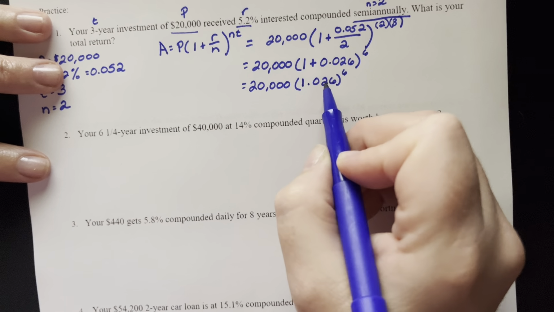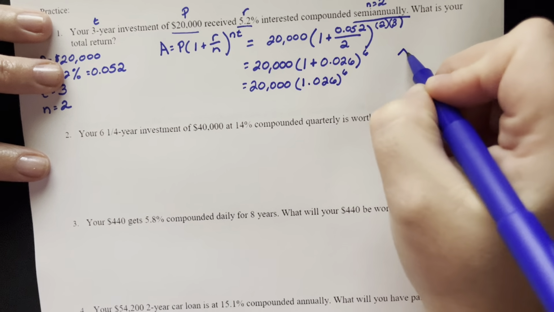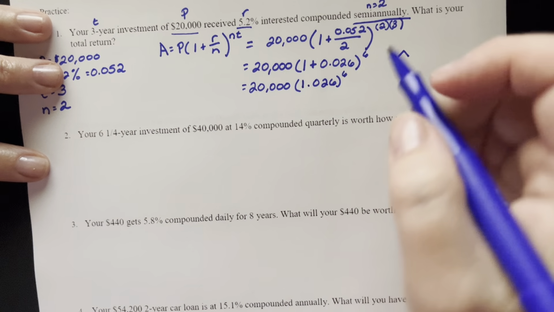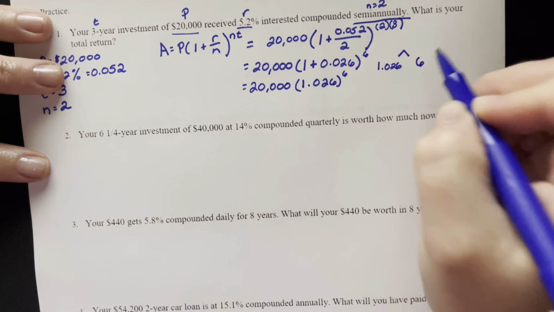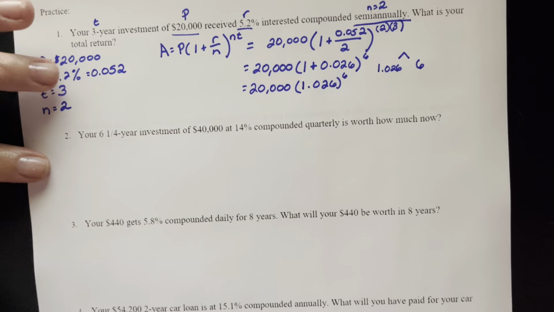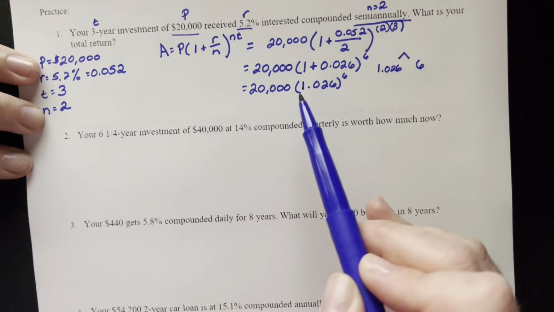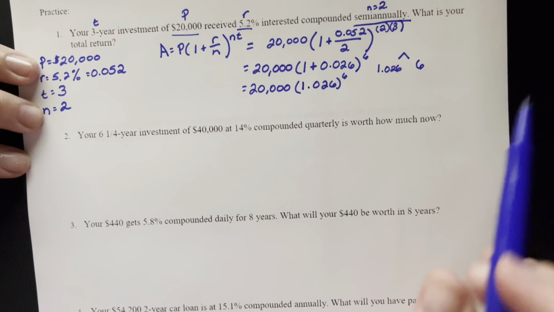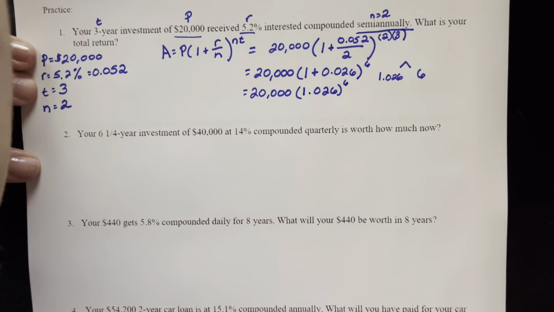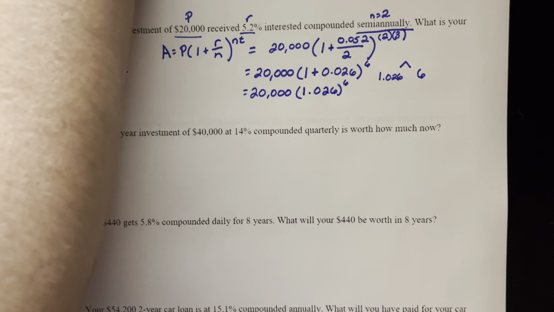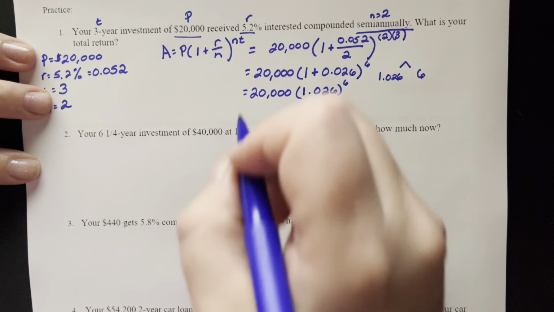And now we need to do this exponential form first. So in your calculator, you should have a little sign that looks like a caret. So what you're going to type in is 1.026 caret 6. If you can't find the caret, you could do 1.026 times 1.026 6 times, and you'll get the same thing. So we have 1.026 to the 6th, and that gives us